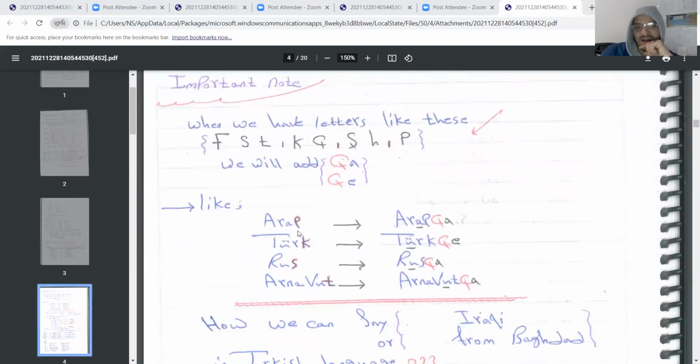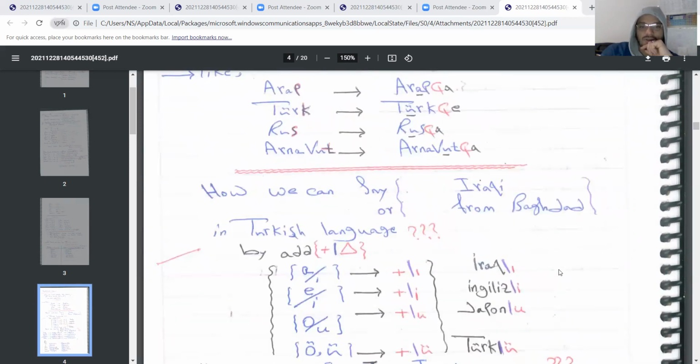To be like that: Arap, Arapça, not Arapa. Türkçe, Ç, not A, because here we have ince letters. Ince letter means late letter. Rus, Rusça. Arnavut, Arnavutça. How can we say I'm Iraqi